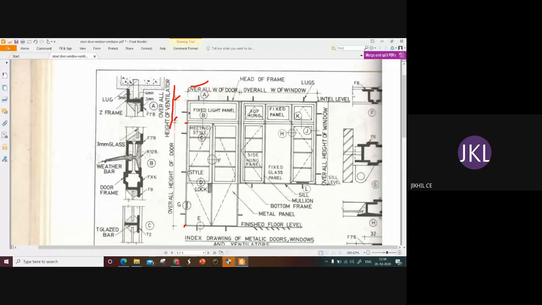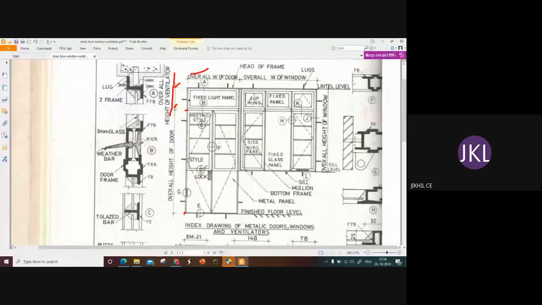That means the joining detail at section A is shown here, A, and at B shown here, C. Then we have D, E, F, G, and it continues for the windows also. For window, starting from after F, H, J, L, M, not M is not there, till K is there. L, K, L.